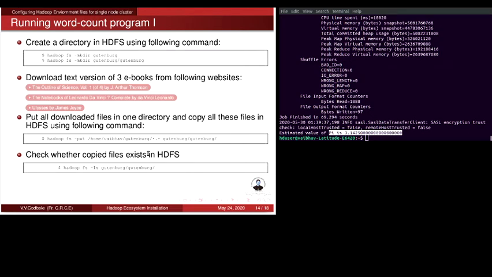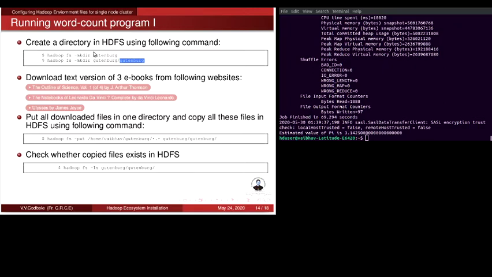Now let us do a word count program. So in Hadoop's HDFS environment, first of all we'll create a directory called Gutenberg. Then in that Gutenberg directory we'll create one more directory called Gutenberg. And then we have to download these 3 books, and then we'll find out how many times a particular word has occurred by using MapReduce.